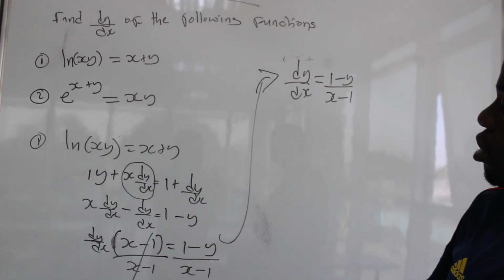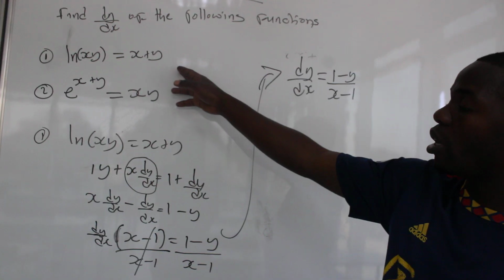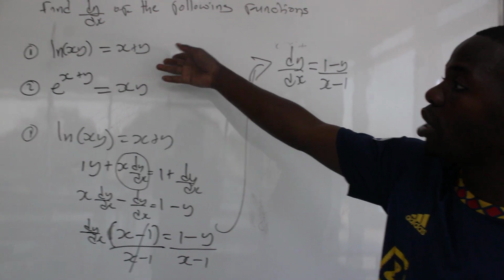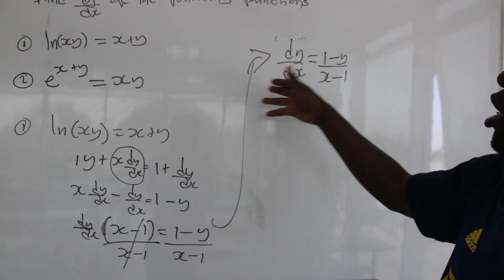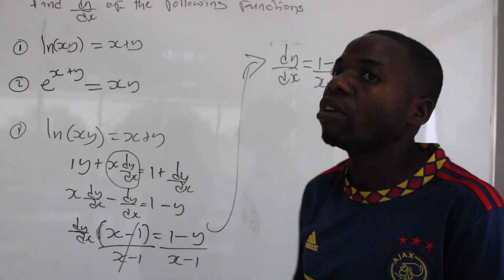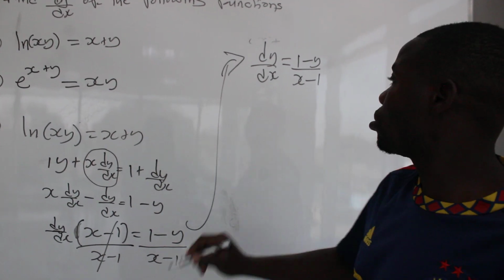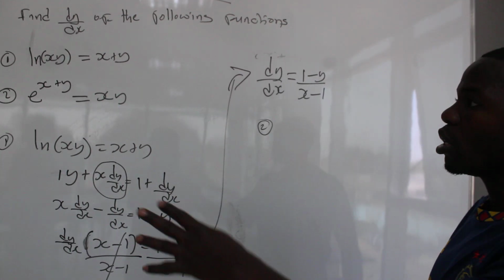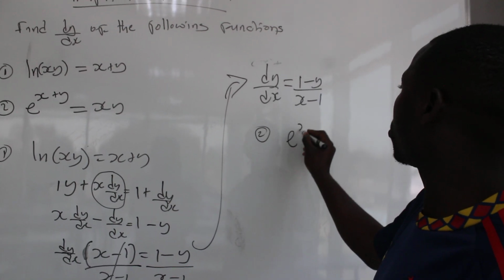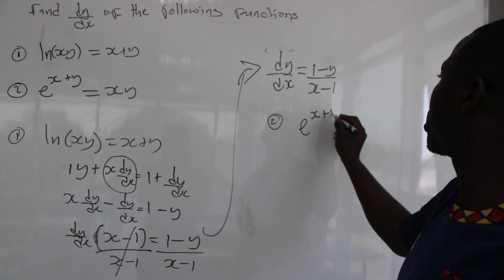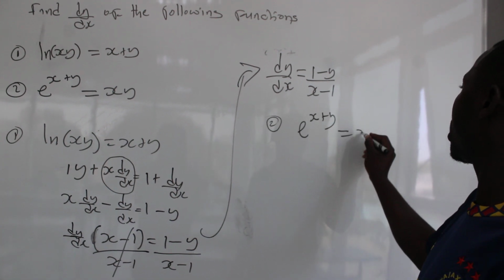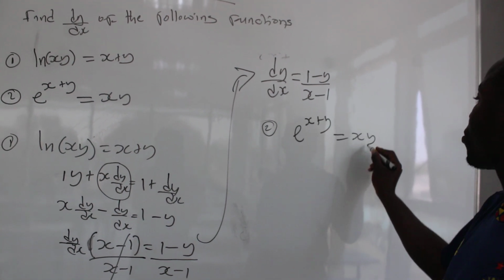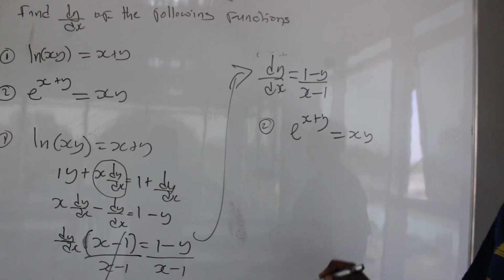Number 2. So dy/dx of the first function, natural log, we are done. It's this one. Let's look at now the exponential. So we are going to number 2. I'm going to copy the question the way it is, then equals e^(x+y). So you know, to differentiate